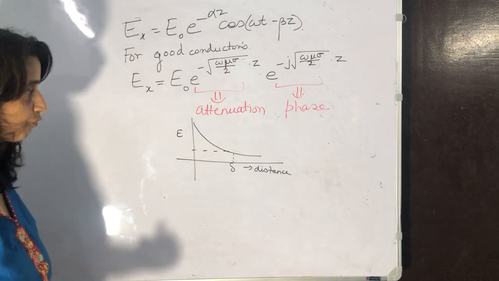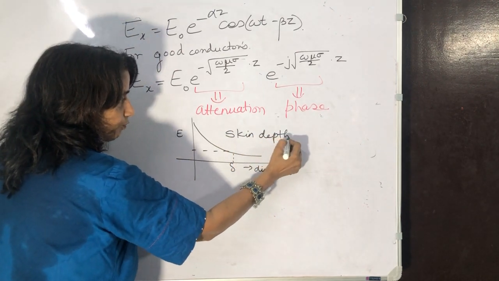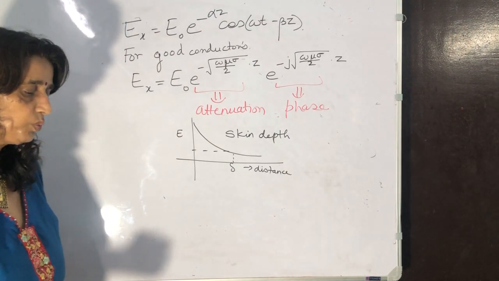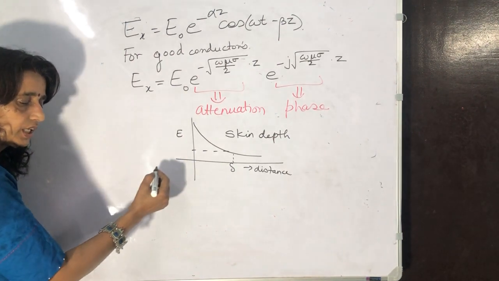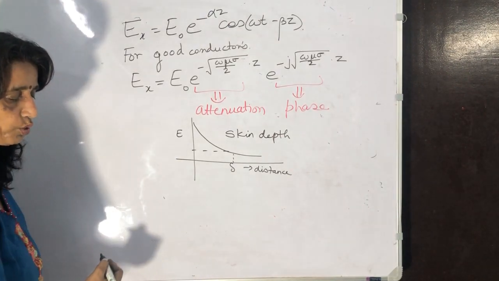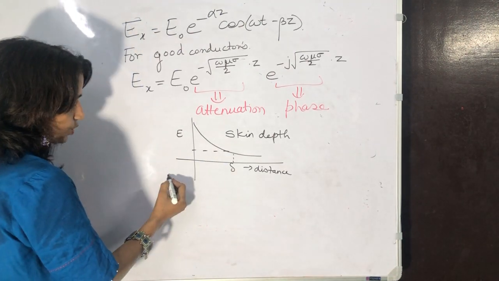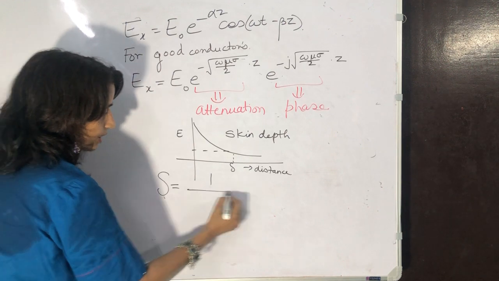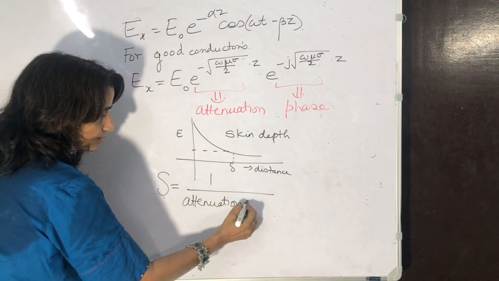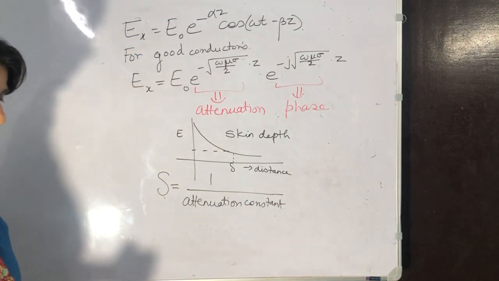The depth of penetration, or skin depth, is the depth in which the strength of the electric field associated with the electromagnetic wave reduces to 1 upon e times its initial value. So skin depth delta is 1 upon the attenuation constant, and again we will take it for different cases,